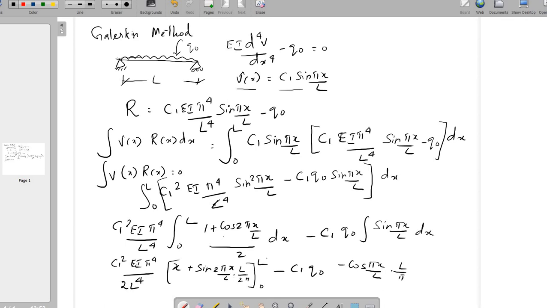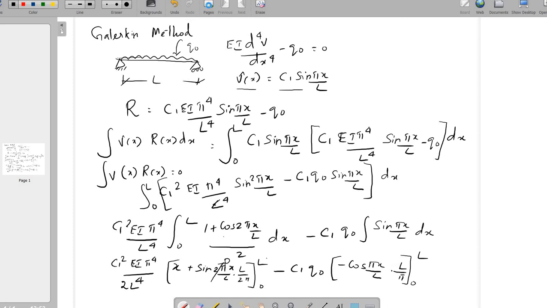So you can see that if you substitute L in the place of x, the L gets cancelled, then sin 2 pi will remain. The value of sin 2 pi is 0. So you need not substitute the boundary condition for this element, because when you substitute x equal to 0, sin 0 is also 0. So don't concentrate on this term, you just leave this term. So here I missed substituting the boundary 0 to L. Okay.